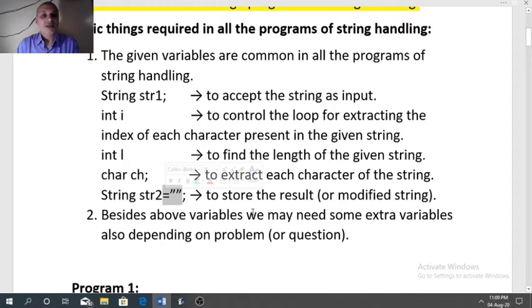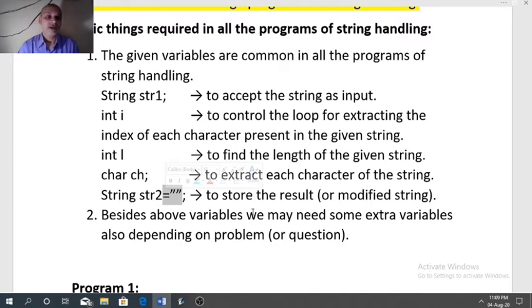Why is blank stored? The reason is, in the programs of numbers you would have already studied that when we want to store the sum of many numbers we initialize the variable s with 0, and when we want to find the product of all the numbers we initialize the variable that will store the product with 1.